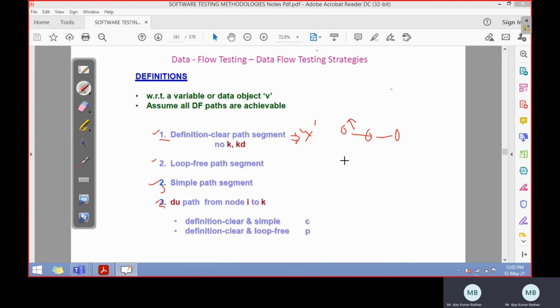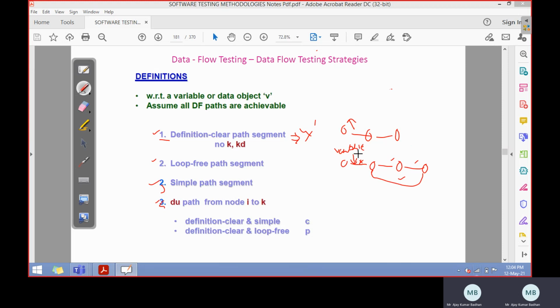What it means is that let us suppose we have three different nodes, and in between we have links. The first link will provide the definition for the variable we are using, and the remaining subsequent links will not redefine that variable, nor will they kill it.